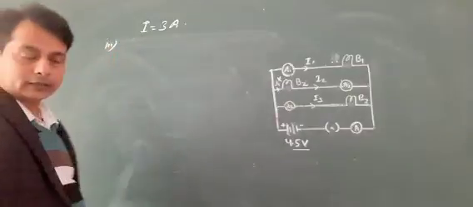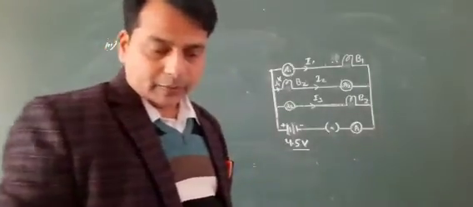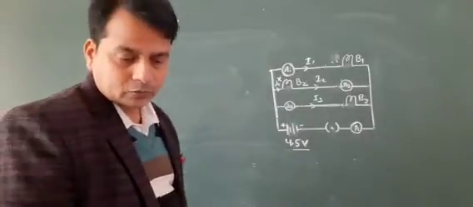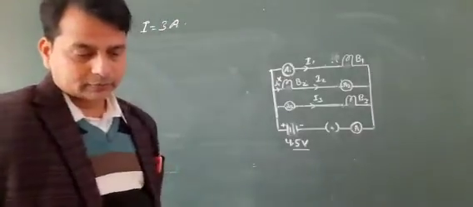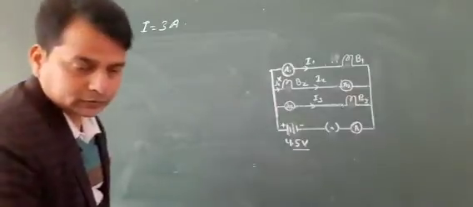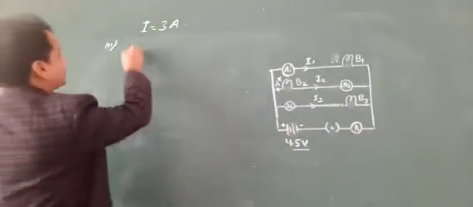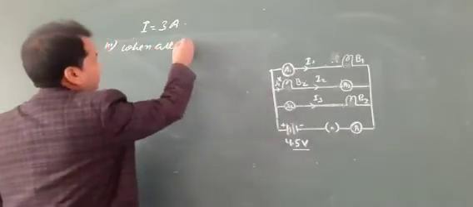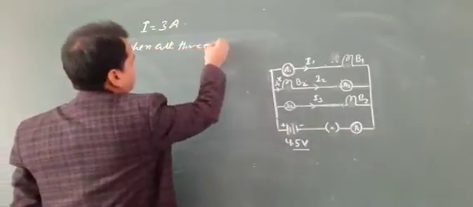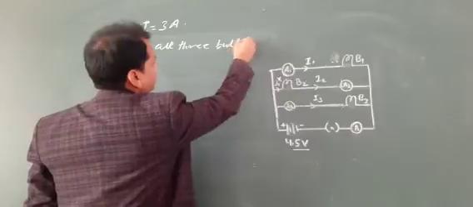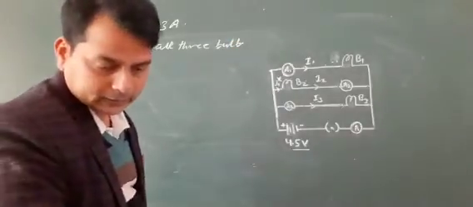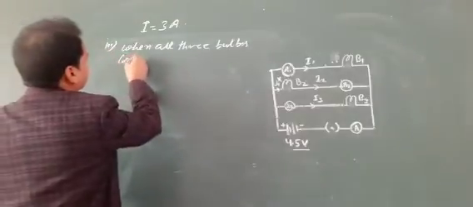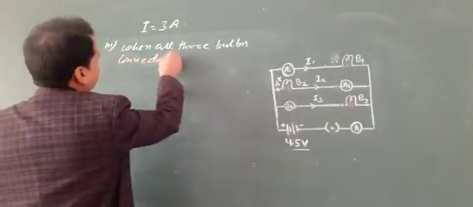Third question is here: how much power is dissipated in the circuit when all the 3 bulbs glow together? Then when all 3 bulbs are connected,